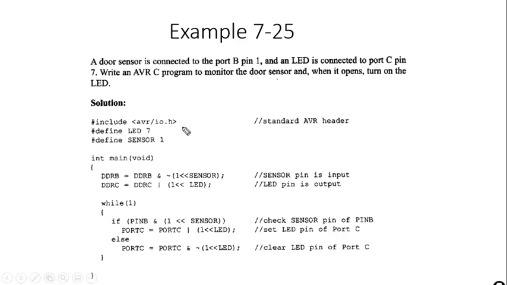We made the last program more readable, neater and easier to understand by naming bit 7 as LED and bit 1 as sensor. So here, instead of writing the expression 00001, we use the term already explained, 1 left shifted by sensor, which is 1 time, and 1 left shifted by LED, which is 7 times. All other code is the same, except we named the constants that we used in the previous program.